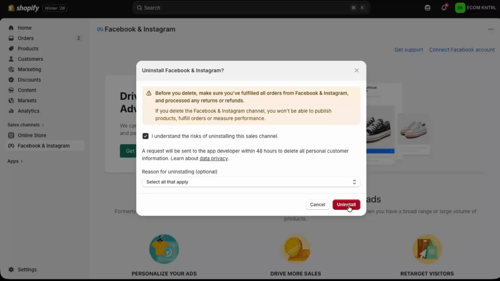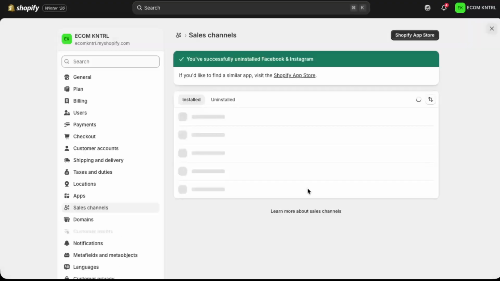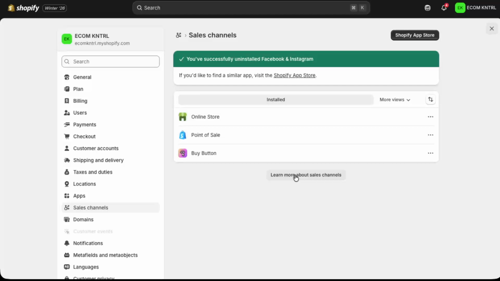Once that checkbox is selected, the final step is to actually complete the uninstall. You'll see another uninstall button in the pop-up. Click on Uninstall again to confirm your choice. Shopify will now remove the Facebook and Instagram sales channel from your store, and as part of that process, the Facebook pixel associated with this integration will no longer be active on your Shopify site. After a moment, the channel should disappear from your